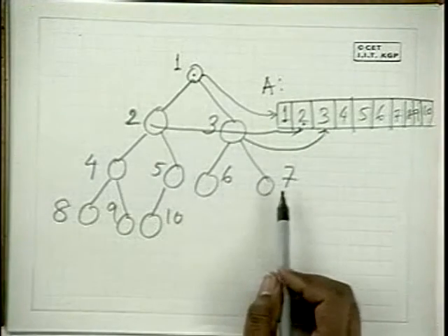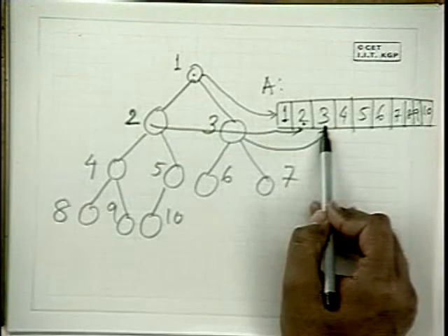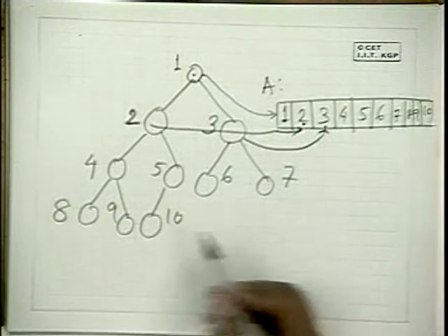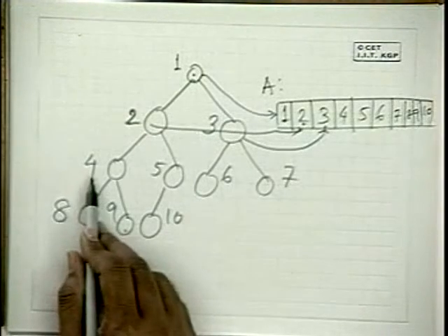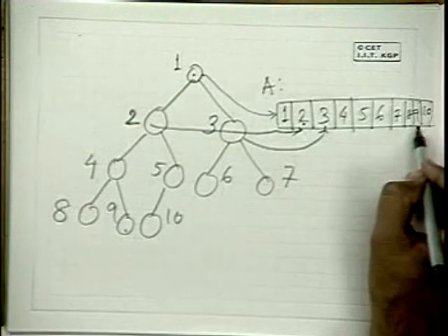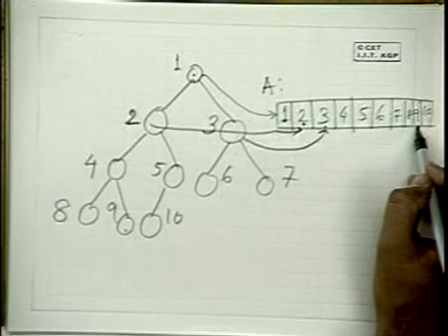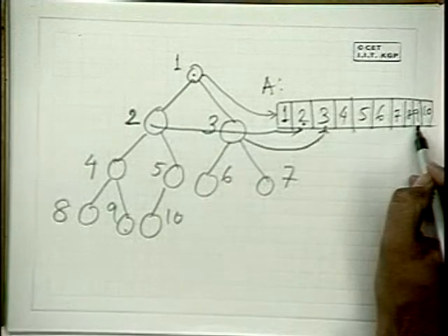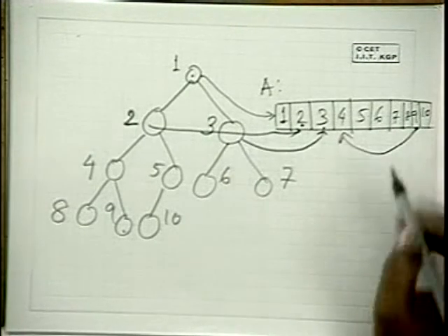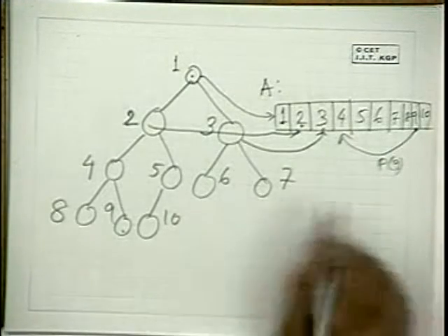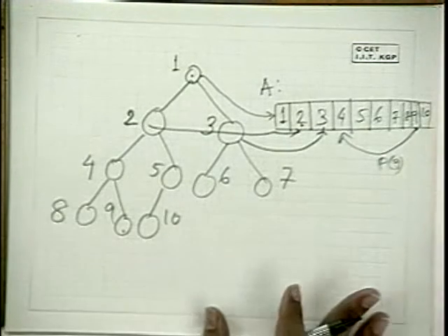2i plus 1 is 2 plus 1 is 3, which is here. Okay, so let's take the parent of 10. Parent of 10 is, so not 10. Let's take 9. Parent of 9 should be 4. So parent of 9 is here. This is the 9. What is 9 by 2? 4.5. And if you take the floor, which is 4, so it is here. This is a parent. Okay, so this is embedding the entire tree within an array.